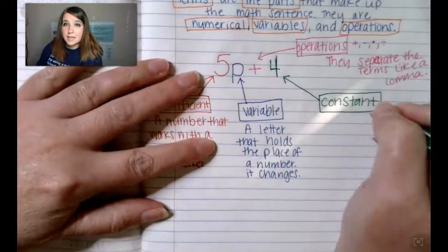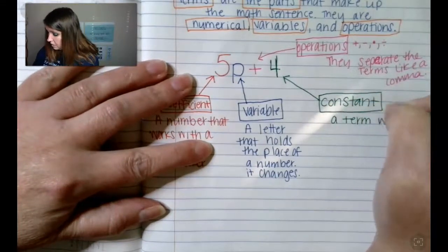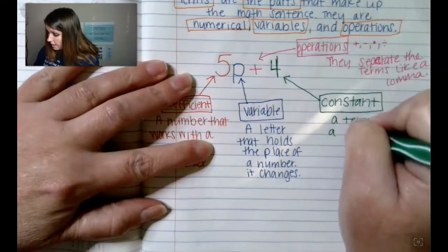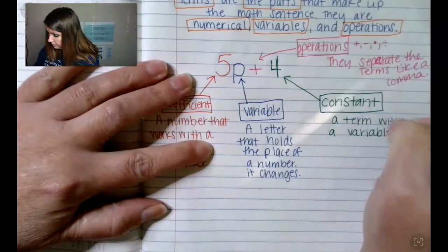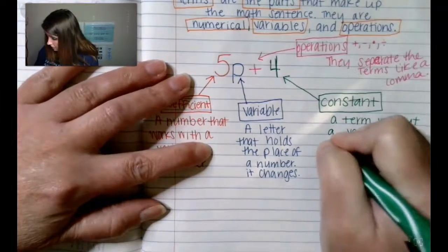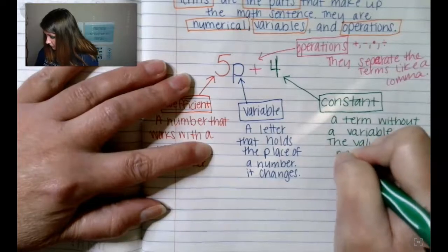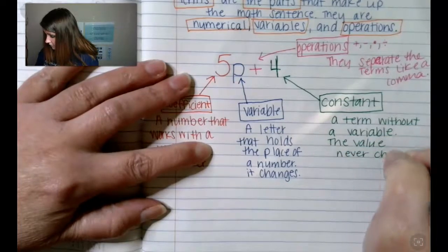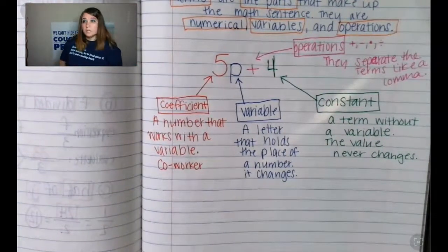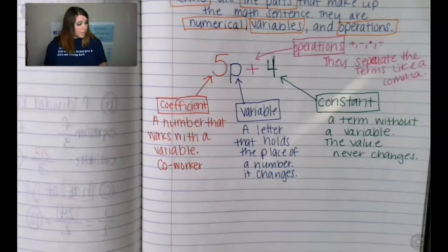So the constant is a term without a variable. Okay, the value of it never changes. Okay, those are the different parts of terms, the terms that we have. Okay, so let's look at